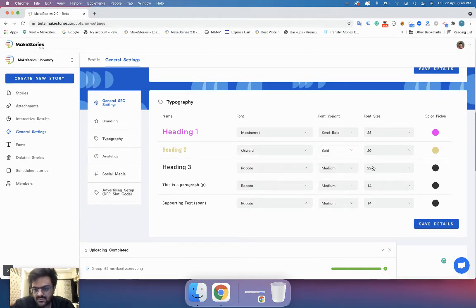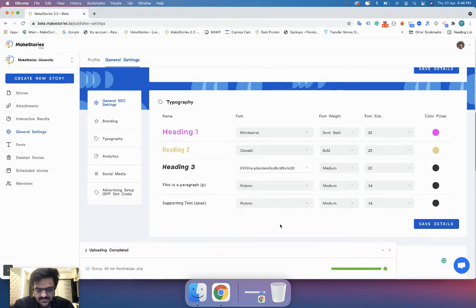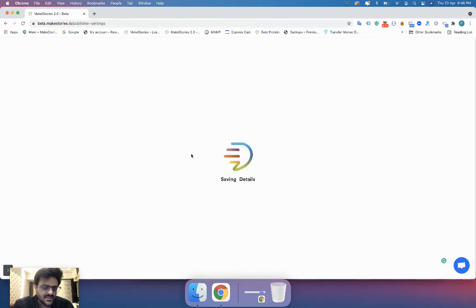I'm not good at fonts and all these things, so please don't mind if you find this a bit odd or different. And then I'll have 17 pixels with a red color, and I'll save this.